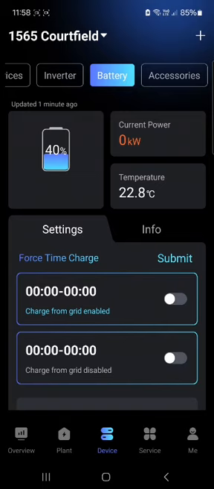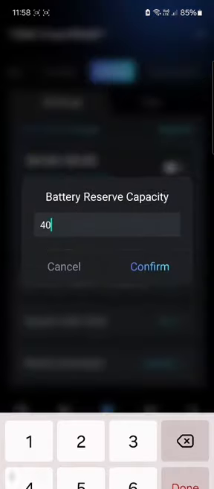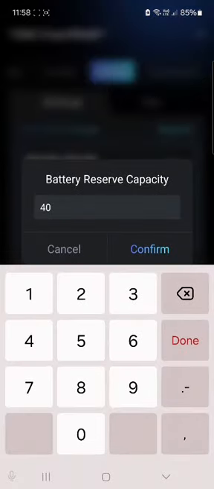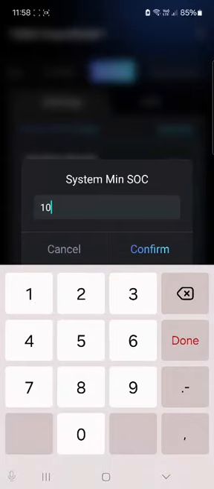So we don't like to use that, because the objective is to always try and keep the numbers or the return on the investment as high as possible, and the usage as low as possible. So we've got this reserve capacity here, and that's how much battery you want to save for backup purposes. In other words, if there's load shedding or a grid outage or something like that, you want to have 40% reserved. But it's actually not 40%, because if you look at this number below it, 10%,